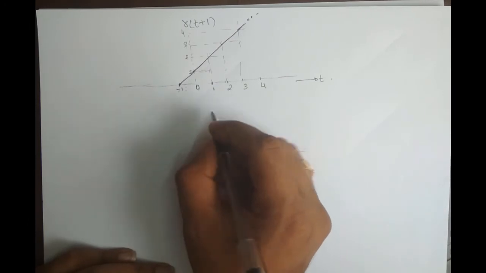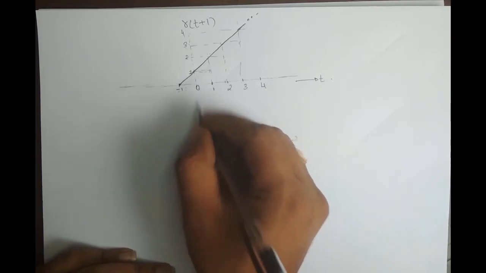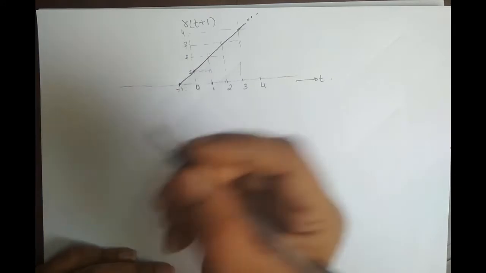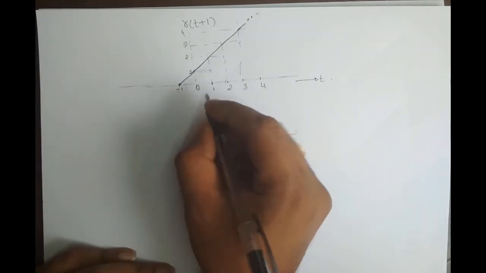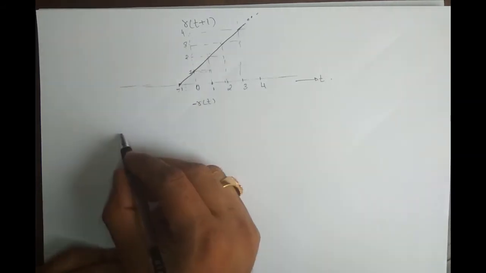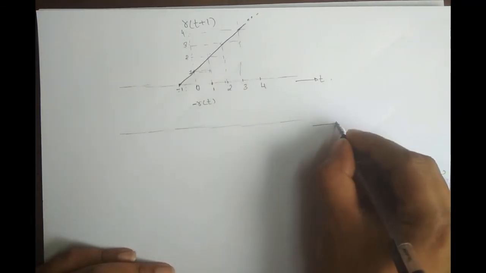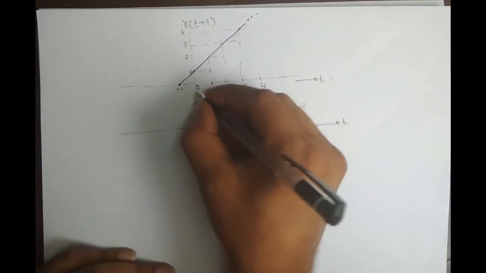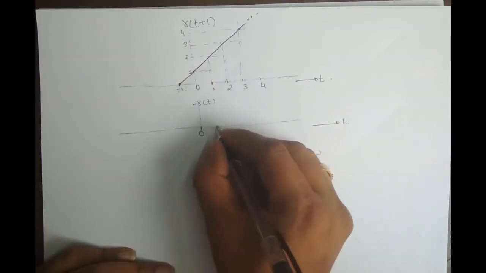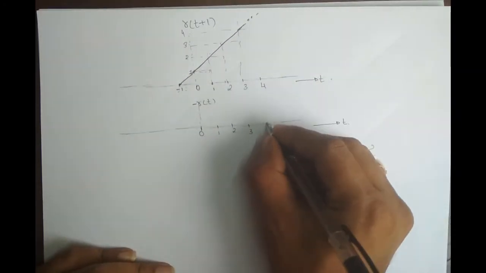So next signal is minus of r of t. Either you sketch r of t and subtract the signal, but instead you sketch minus of r of t and add the signal, because adding the signal is not that confusing. Okay, so next I need to sketch minus of r of t. This is our independent variable t. So this is the axis at t is equal to 0. This is at t is equal to 1, this is at t is equal to 2, this is at t is equal to 3, t is equal to 4.